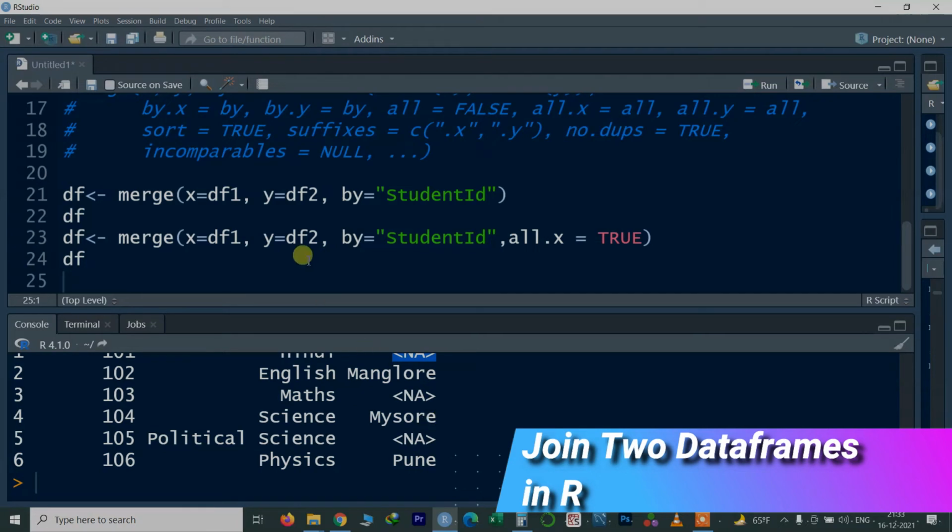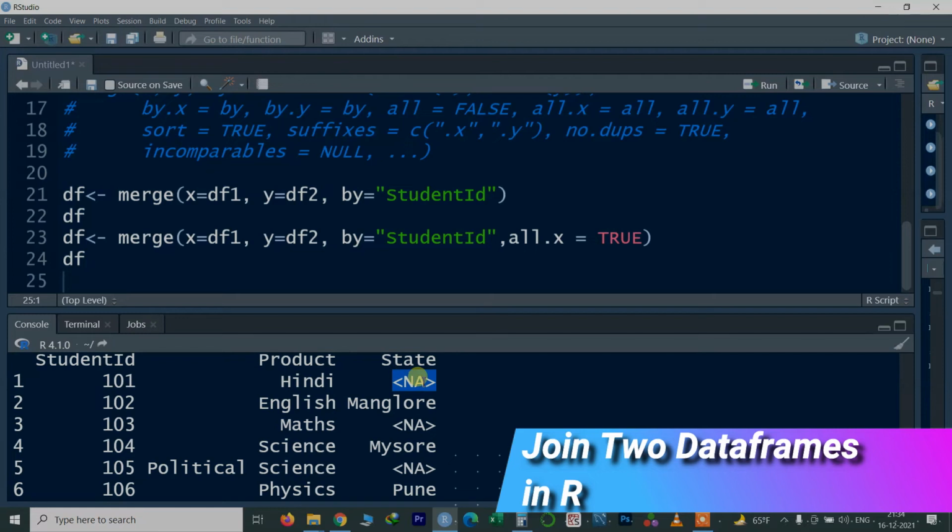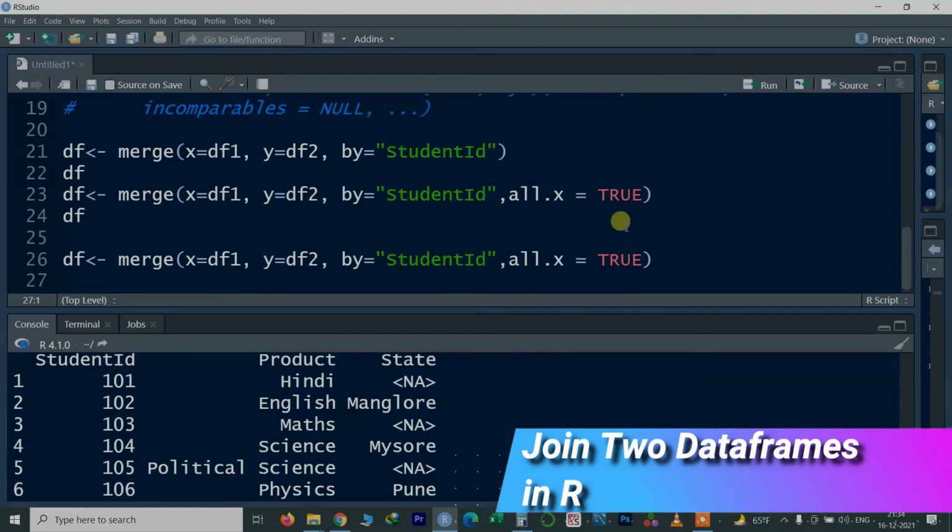In some cases you would also like to take all the values of data frame 2. How can you do that? Here we have y is equal to df2, so with all.y in this syntax, all the values of data frame 2 will be present.